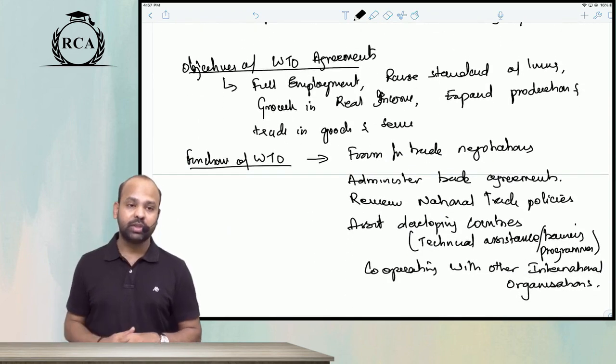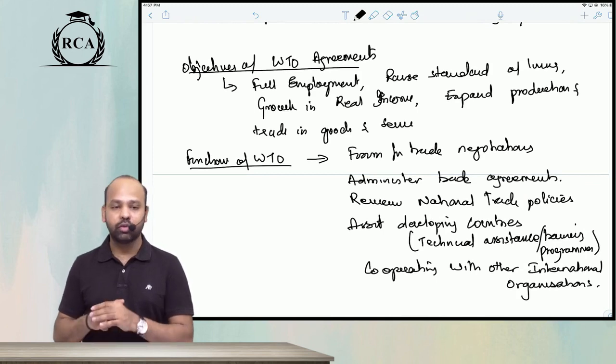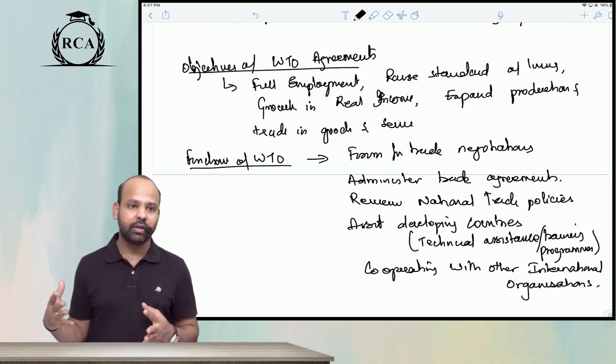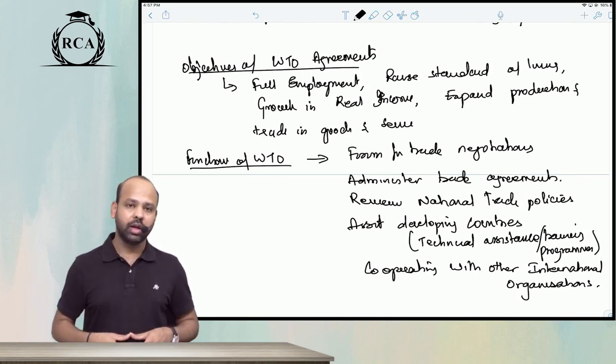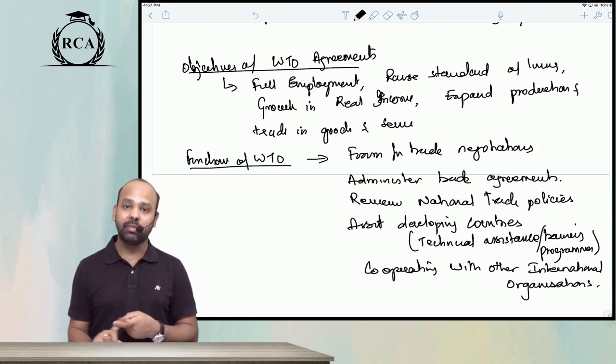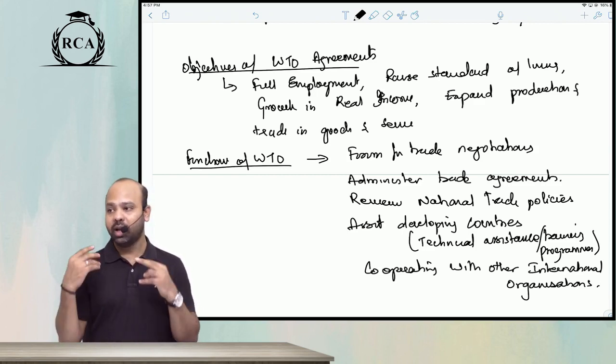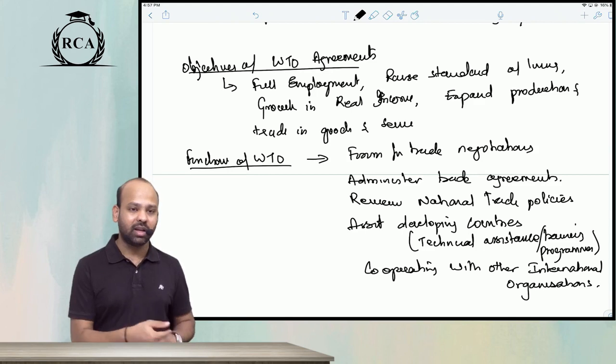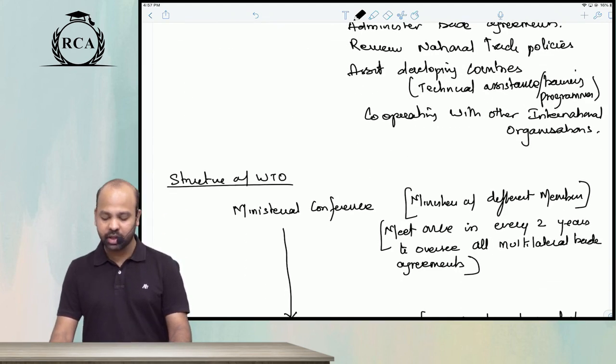If you talk about the objectives of WTO agreements, beta, it is full employment, it is expanding global trade as such, beta, it is increase in real income. If you talk about functions of WTO, beta, it is to provide a forum for trade negotiations, guys, administer trade agreements, review the national trade policies, beta, assist developing countries technically, guys, provide them support, and cooperate with other international